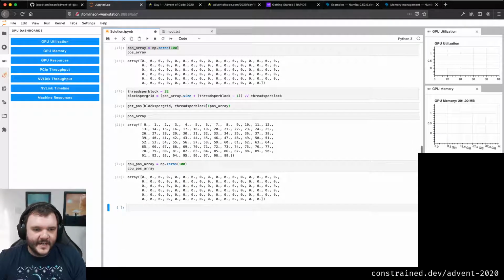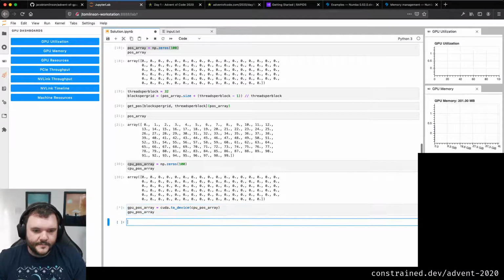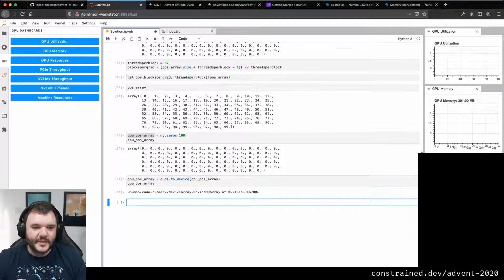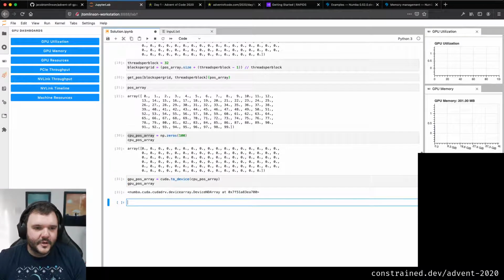Now I can specifically say GPU pos array equals CUDA.to_device of CPU position array. Okay, so I've now explicitly copied the array to the GPU, right? And it's just telling me, oh yeah, this is now a device ND array pointer. This isn't a thing that you can inspect. And then we can also copy it back again.